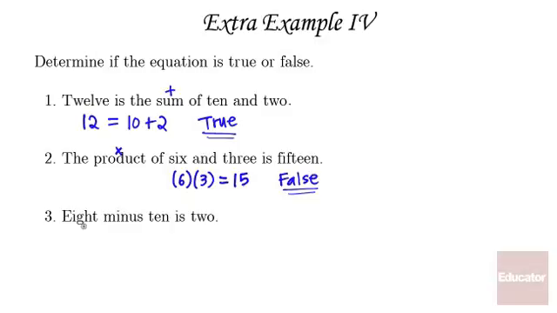And the next one, 8 minus 10 is 2. Now this may look right, this may look true, but it's actually not. Because here, this is 8 minus 10. If I had 10 minus 8, this equals 2, right? But that's not the equation. It's 8 minus 10. So remember, this number is smaller than this number, right? If I have a number line,